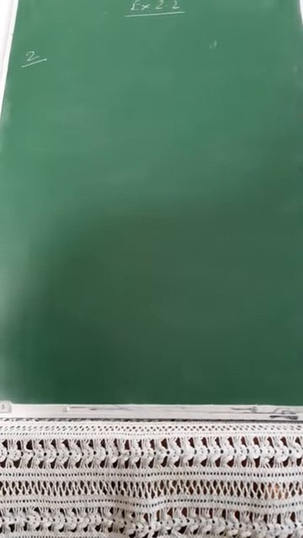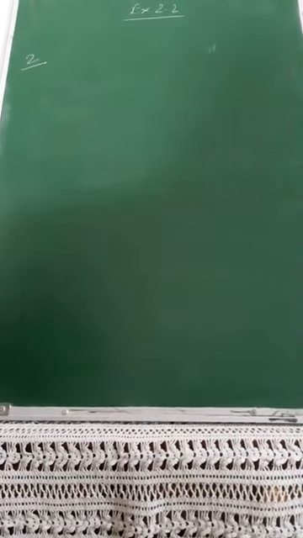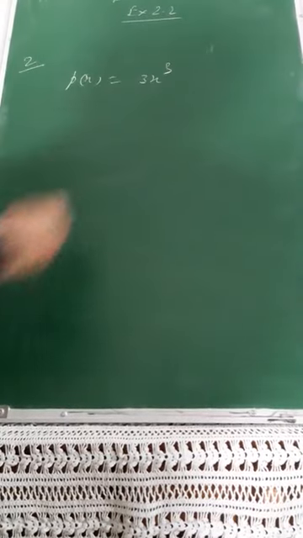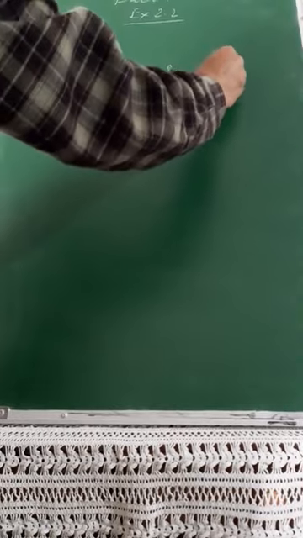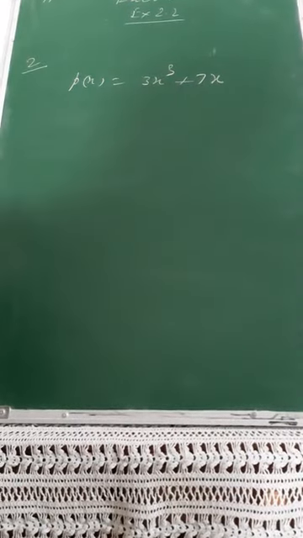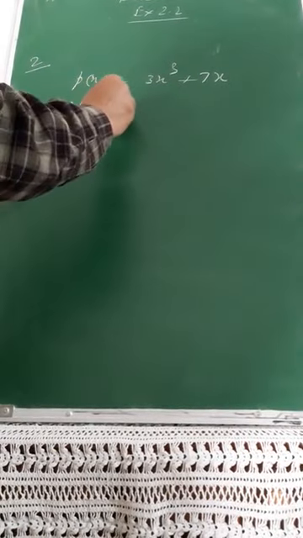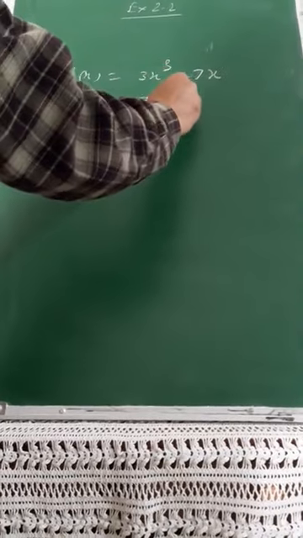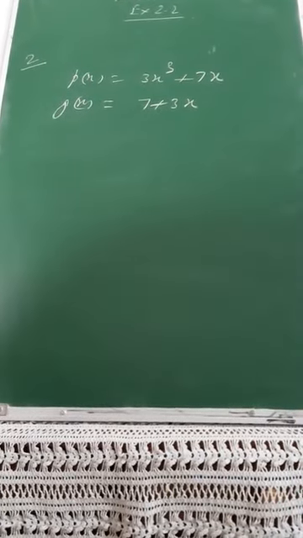And your question number 2, if you see, of this exercise, is check whether 7 plus 3x is a factor of. So here p of x is given equal to what? 3x cube plus 7x. 3x cube plus 7x. And then the divisor is, because I need to check whether this divisor divides it completely, that is 7 plus 3x. Now this is the application of your factor theorem.